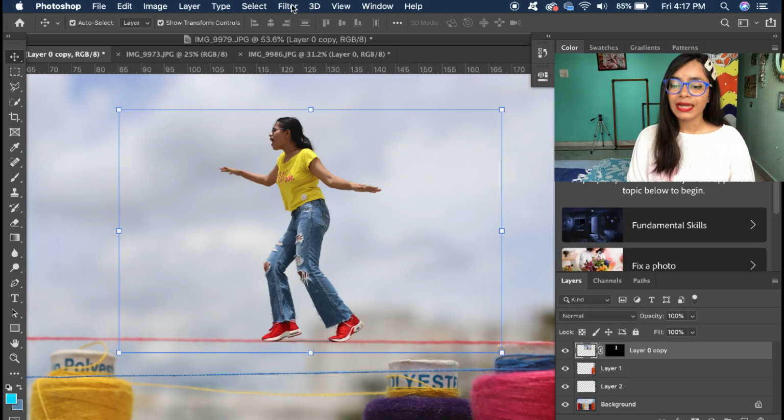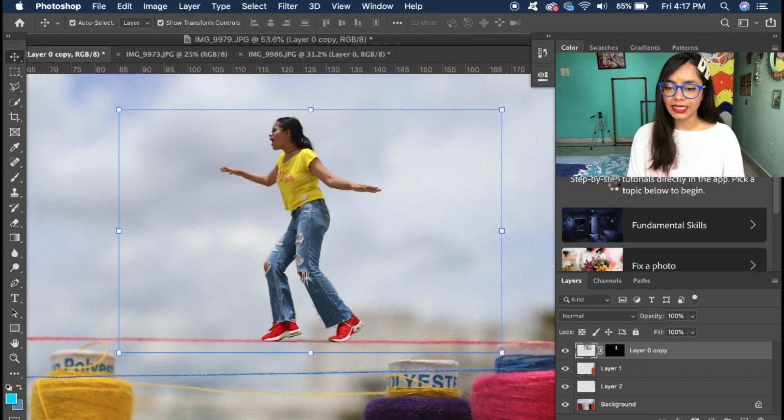Now remember what I told you earlier, I love to color grade the picture in Photoshop itself because it provides a lot of variations to color grade. It's a great option. So now after I am fully satisfied where the picture is placed, the next step I'm moving to is to click the filter and move to camera raw filter.